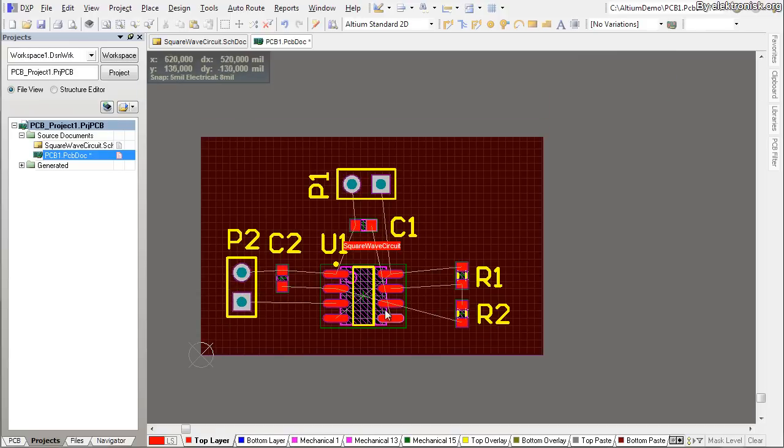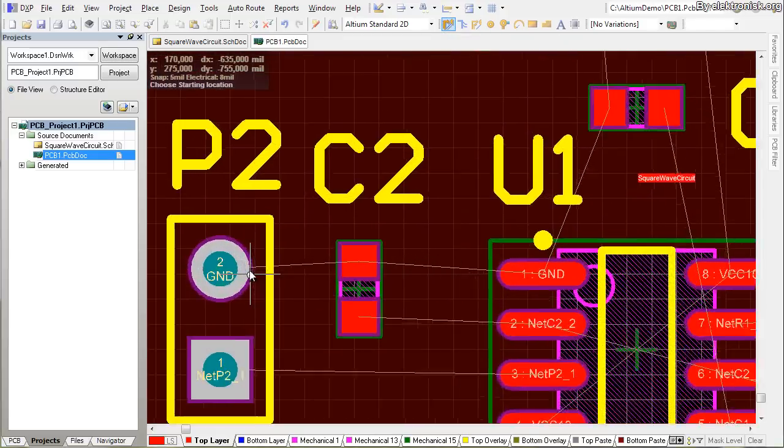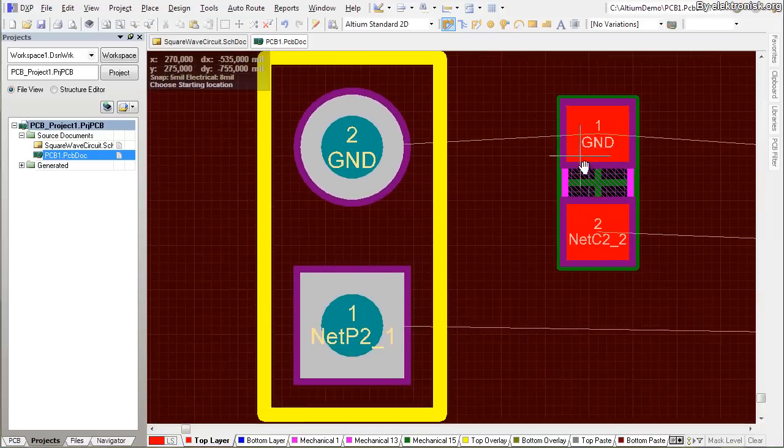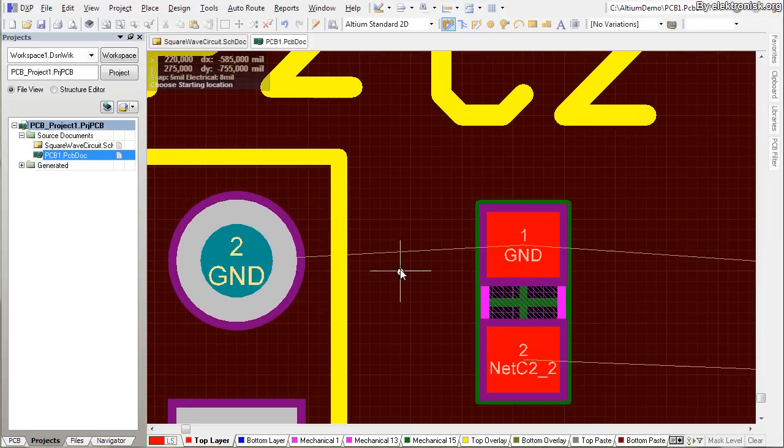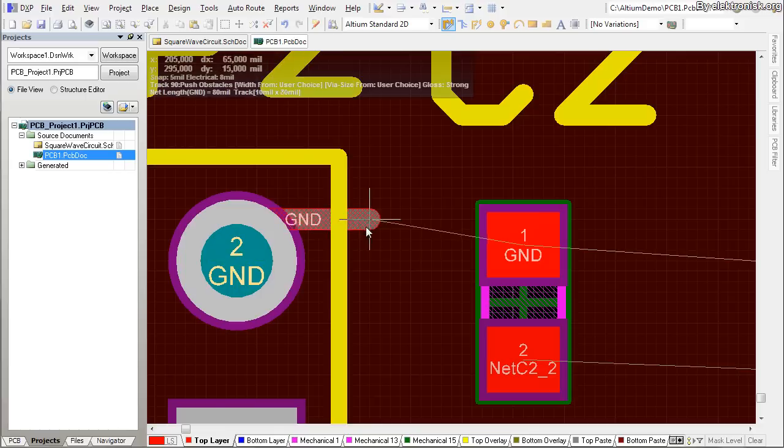Okay, so this is a placement I'm happy with. I can now, I'll just save first, I can now start writing the board. So there are a few things you may want to know about this, and I'll just click to start a